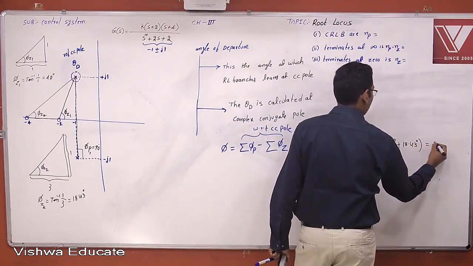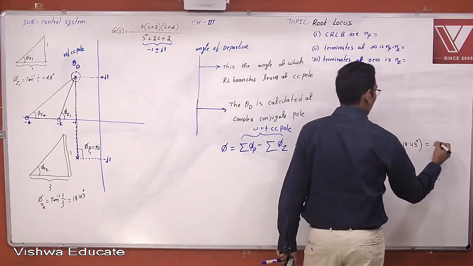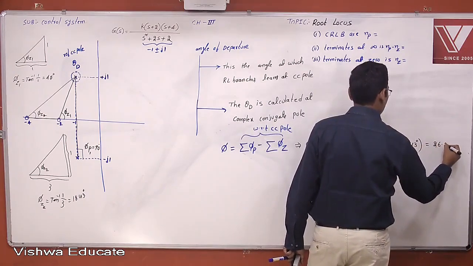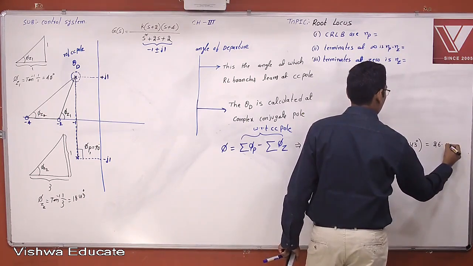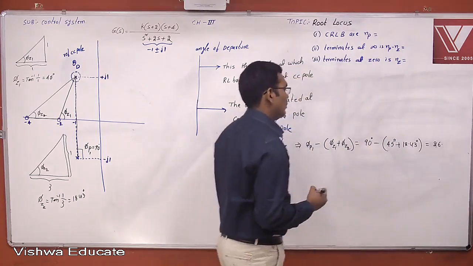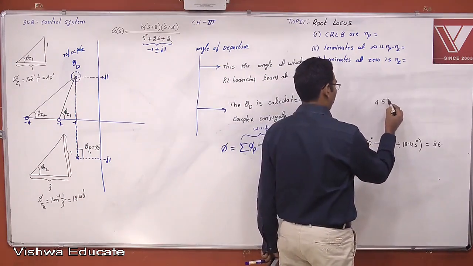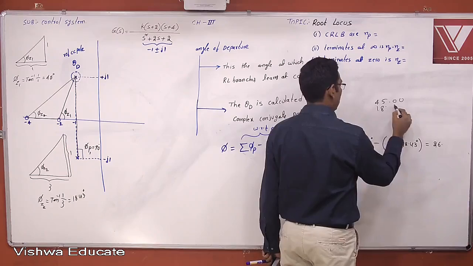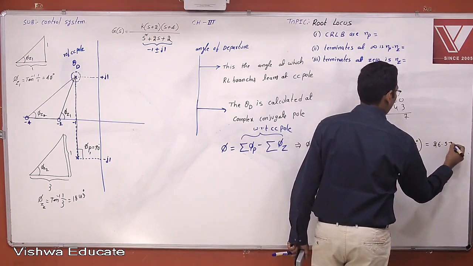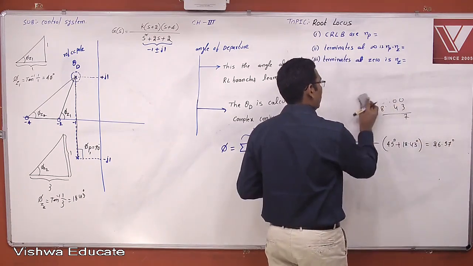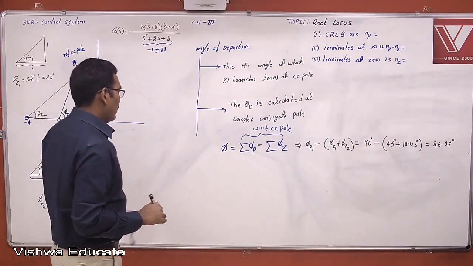Therefore, this is nothing but 26.57 degrees. Now this is 45, now this is 18.43, so this is 26.57 degrees. Okay, 26.57 degrees is pi p1. Now the angle of